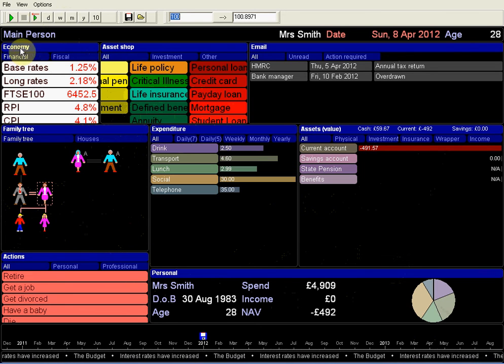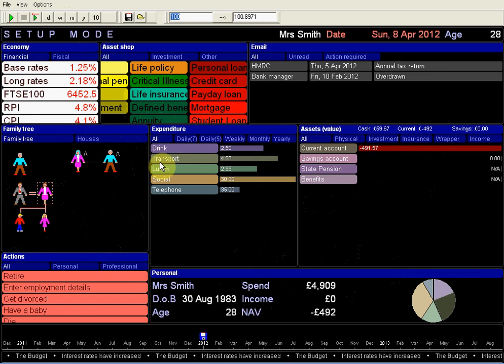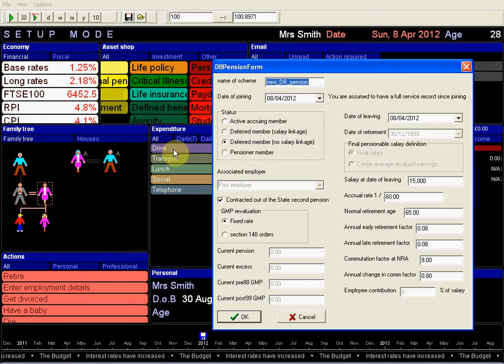I'm going to cancel that and go back into setup mode, because this is not a benefit scheme she's now joining, this is one she already owns. So select defined benefit, continue there, and name of scheme, so old job Mrs. Smith. Date of joining this job, obviously that must be a few years ago now, so that's 2004. Date of leaving, presume she left, say 3 years ago